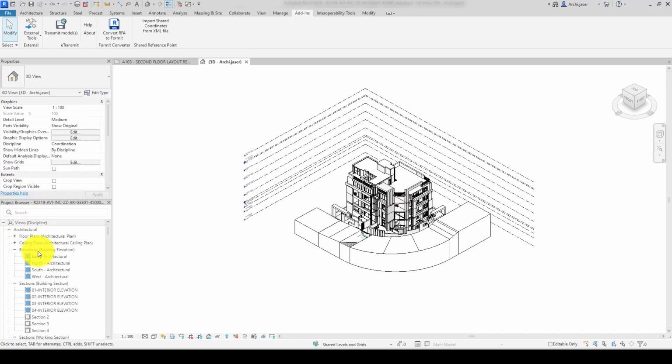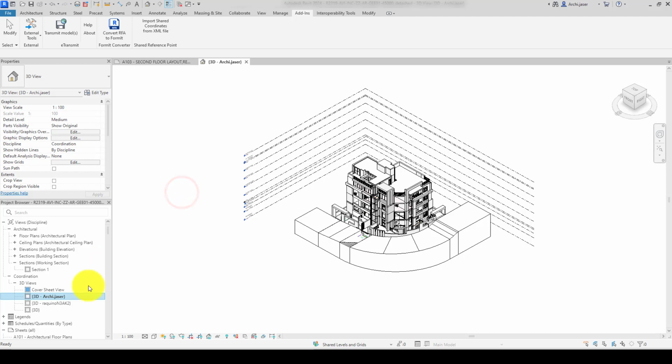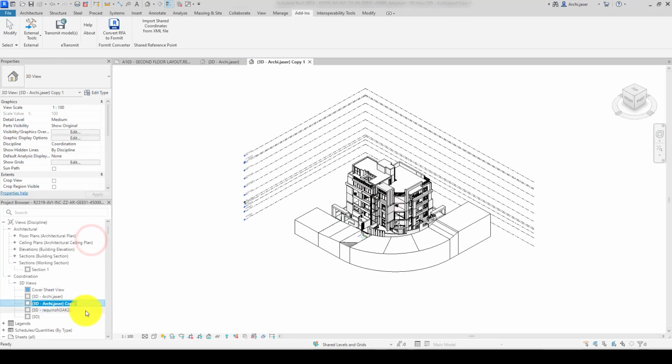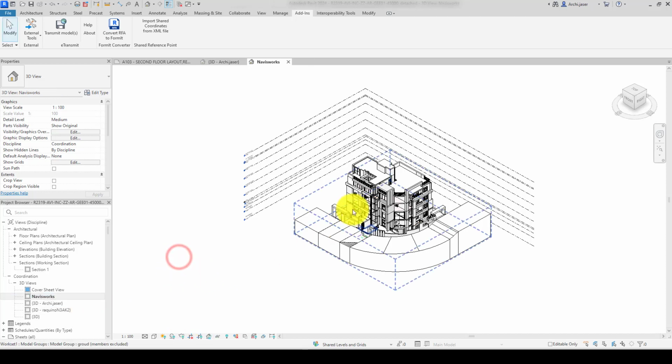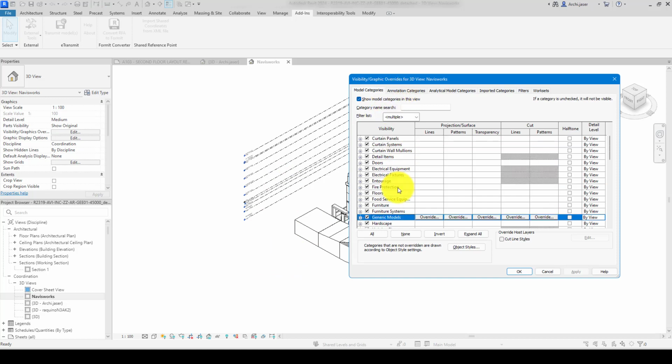So usually we go to 3D, right click, duplicate view, either with detailing or without detailing, it's your call. Right click and rename, and you name it Navisworks. Okay, and this, you don't touch this view, you will only keep the objects that you will be using in Navisworks. For example, visibility graphics, I will go to, let's say,